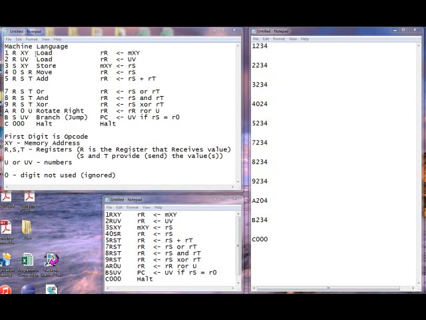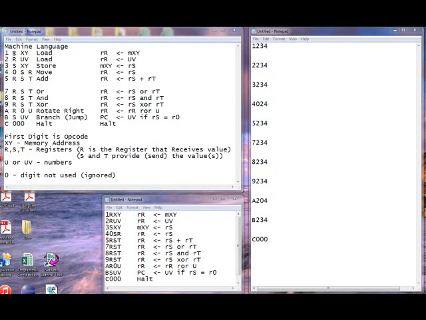with. We have the name of each instruction. We have the template for each instruction. That is, each instruction is a 4-digit hexadecimal number. The first digit is called the opcode, and it identifies what the operation is, and that's also represented by this name here. And then the remaining 3 digits represent different kinds of operands, and what they represent are indicated by